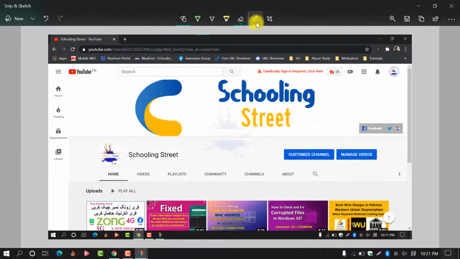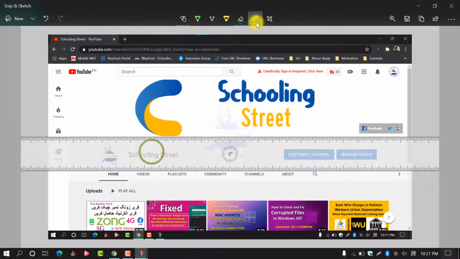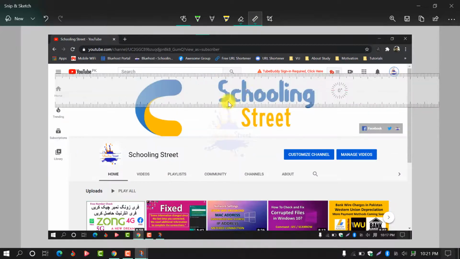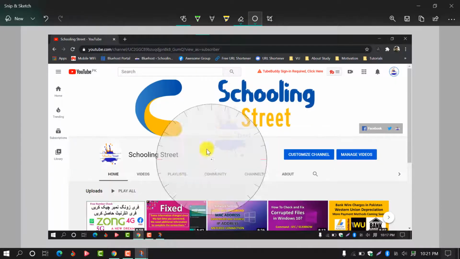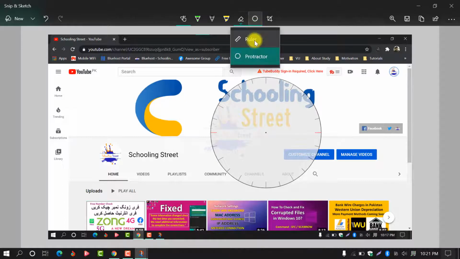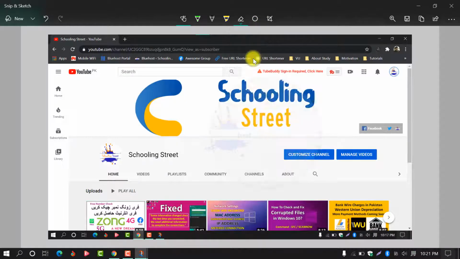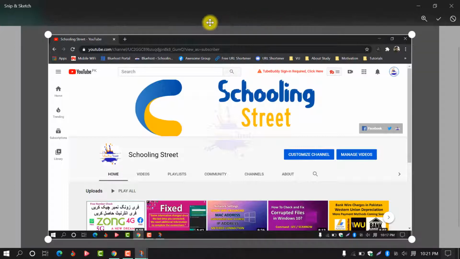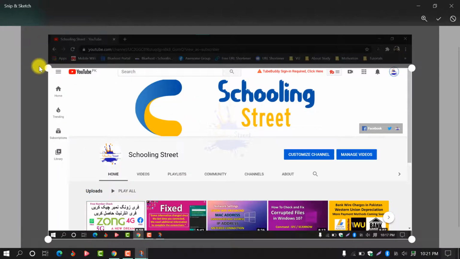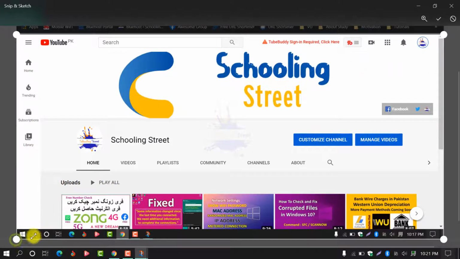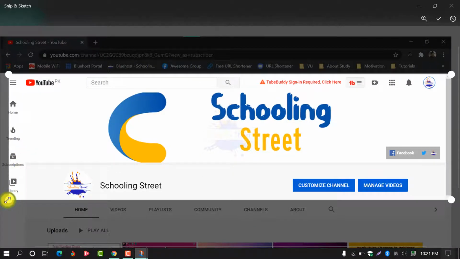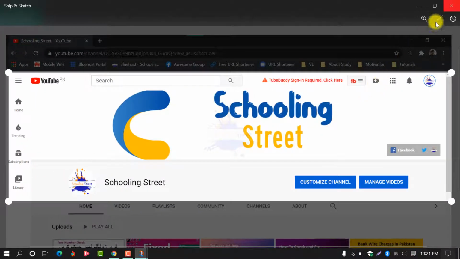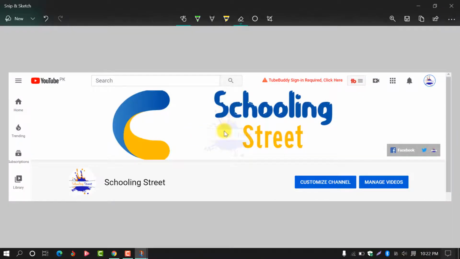The next one is the ruler. This means you can also check the size or anything else. You can also use the protractor from the same option. If you want to remove this, again select the protractor. The next option is crop. You can also crop this picture, this image, where you want. For example, from here and from here to this one. Now you can see the picture has been cropped. Just select the apply button. Now it has been cropped. These are the basic settings in screenshot.